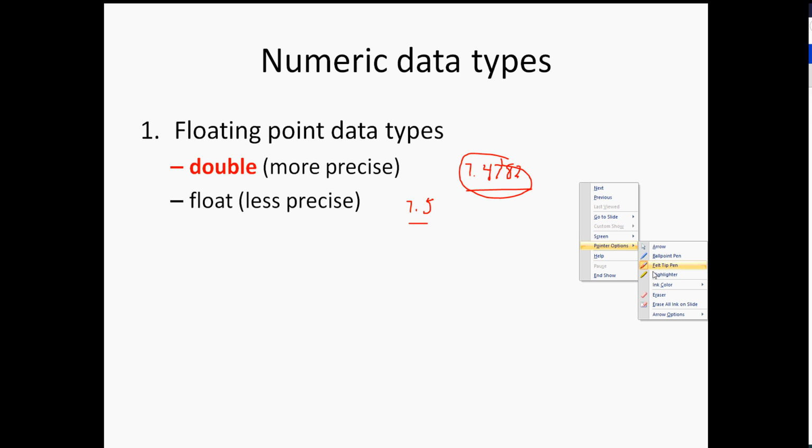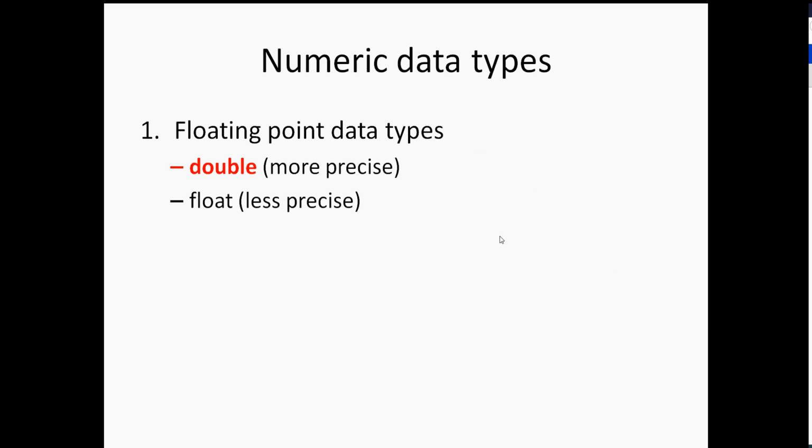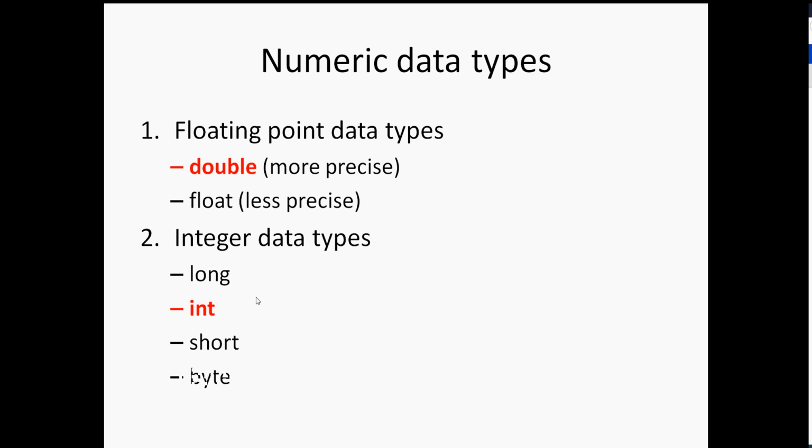And then we have integer data types. Integers, of course, are positive and negative whole numbers. No decimals, so positive and negative whole numbers. One is called a long data type, and you have an int data type, which is just integers, and a short, which is a short integer, and then you have a byte, which is